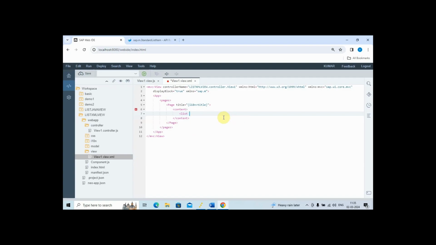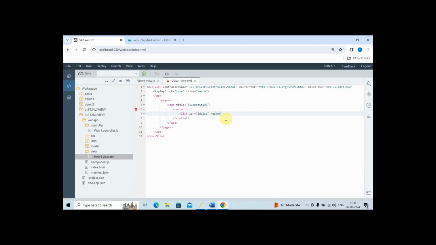and let's give id as idList. There in the JS view we used one header text property. Similarly we will use the header text property here also. Why I have used this id property here but not in JS view, I will tell you. But right now let's use the header text property,